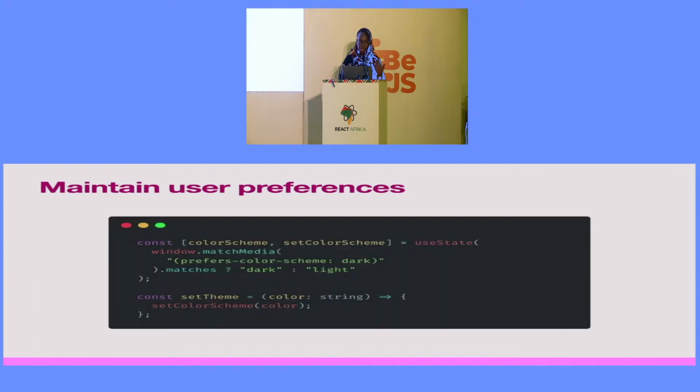So if I was building something and I wanted to make sure that, okay, if the user's phone has switched to dark mode, my website should also be on dark mode, I would just use the hooks to set the state to match the user's media. We have these features